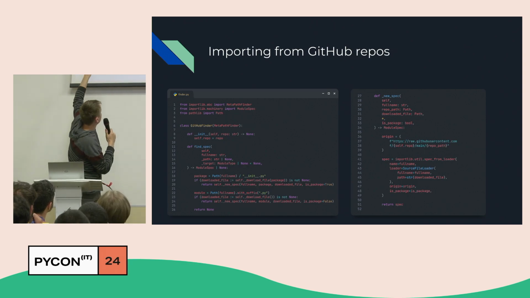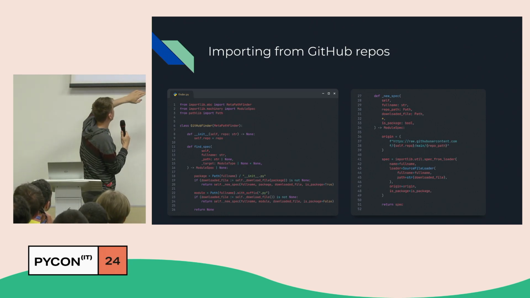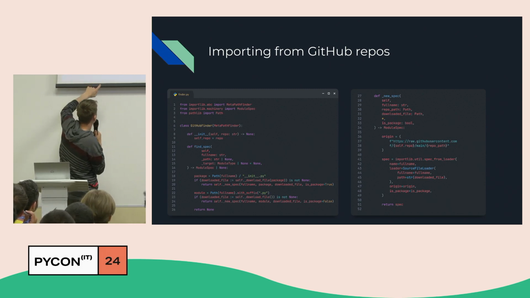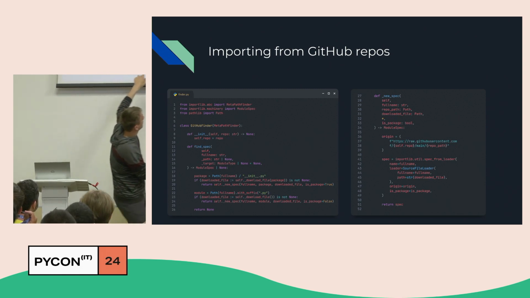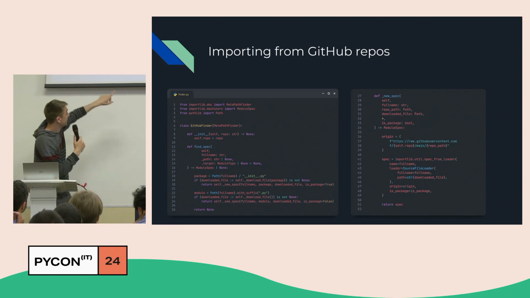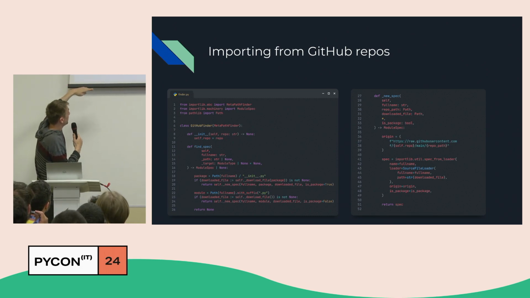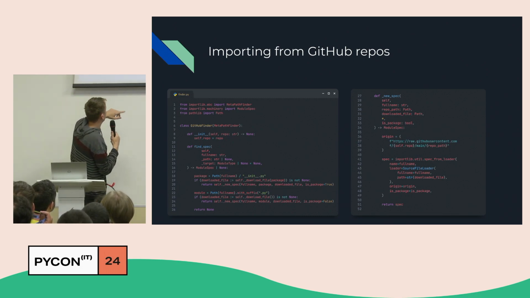So it checks the full name that's passed into find spec. Does this exist in the GitHub CDN? I have omitted that implementation from my slide because it was getting too noisy. But it checks, does this file exist on GitHub? And if it does, then it downloads it, puts it into a temp file, and refers to